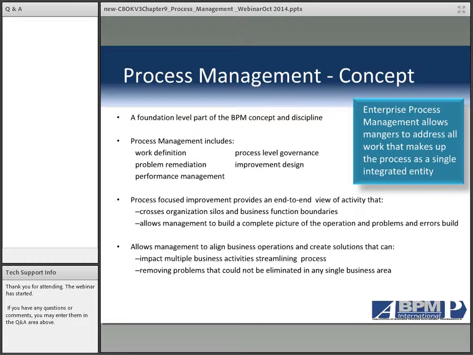And we'll be talking more about improvement design in just a minute, but one of the key aspects of managing by process is you can now have a very different perspective of improvement. At the process level, you can really start to divide that into, we'll say, ongoing improvement, which would be continuous improvement, performance-related improvement, innovation-related improvement, technology-related improvement, and it all takes on a very different perspective because of the scope that you're dealing with.